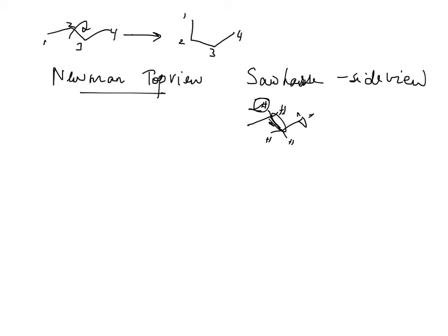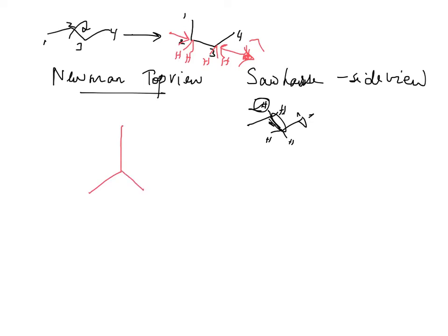Okay, so I said in class that you have to view through a bond. So irrespective of whether you want to view along the C2, C3 bond from the back side, or from the front side, recognize that both C2 and C3 are going to contain two hydrogens and one methyl group. So this is where I'm viewing it from. Okay, that's my eye, that's my lashes, that's my eyebrow. So that's what you're looking at. Okay, so top view